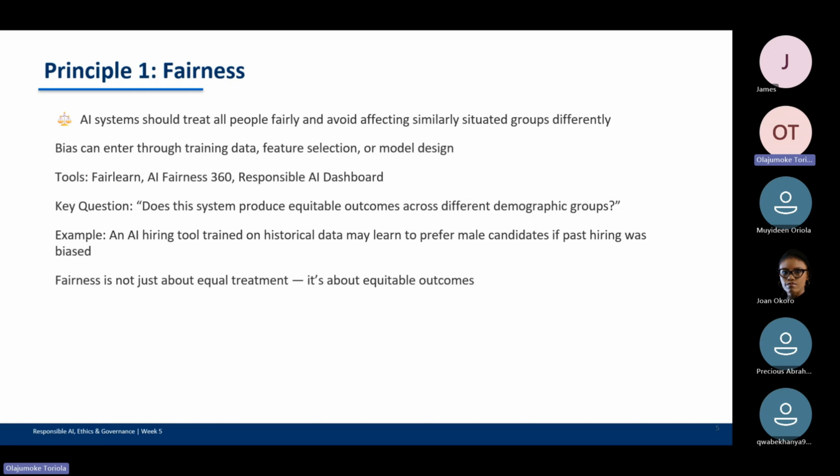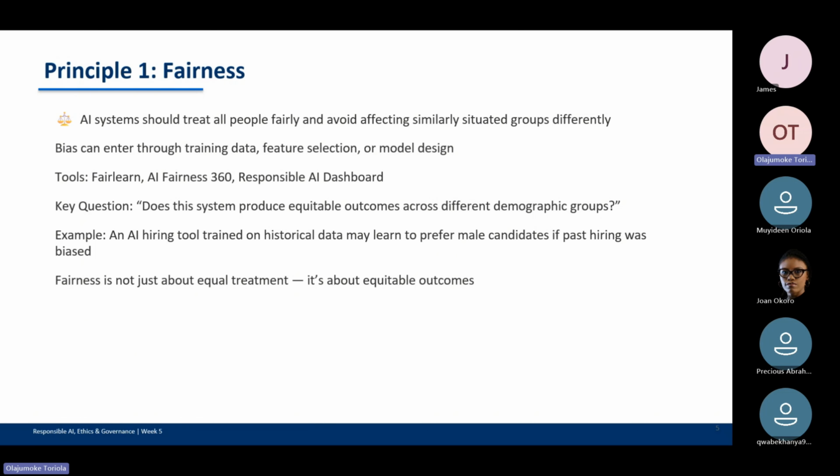A lot of the time, one of the three sources of bias that we see in AI today is data bias. Imagine you are looking at the employment pattern of a company, and it is all male. AI learns from that pattern, and then the company decides to use AI for recruitment.